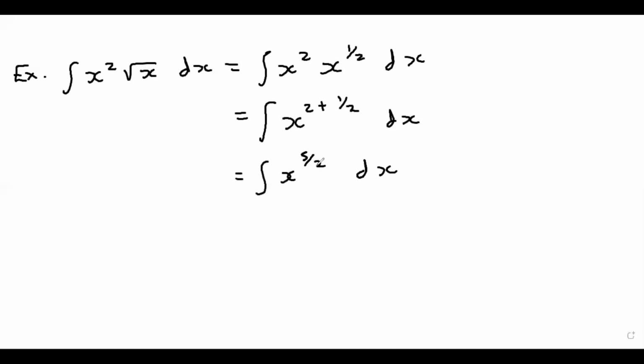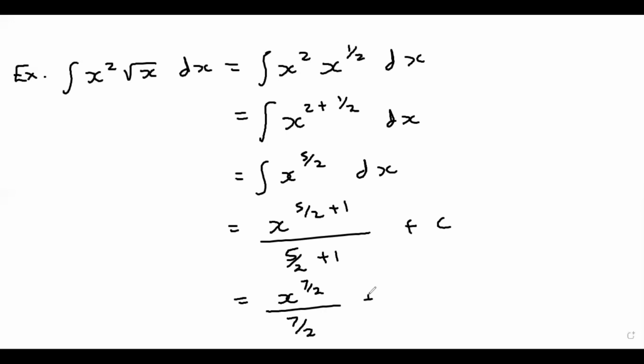So now we can actually integrate. So it would be x to the 5 over 2 plus 1. And again, we're dividing by the new power, which is 5 over 2 plus 1. So 5 over 2 plus 1, that's 7 over 2, over 7 over 2. So now that would be x to the 7 over 2. And then this part here would be multiplying by 2 over 7. So this would be 2 over 7